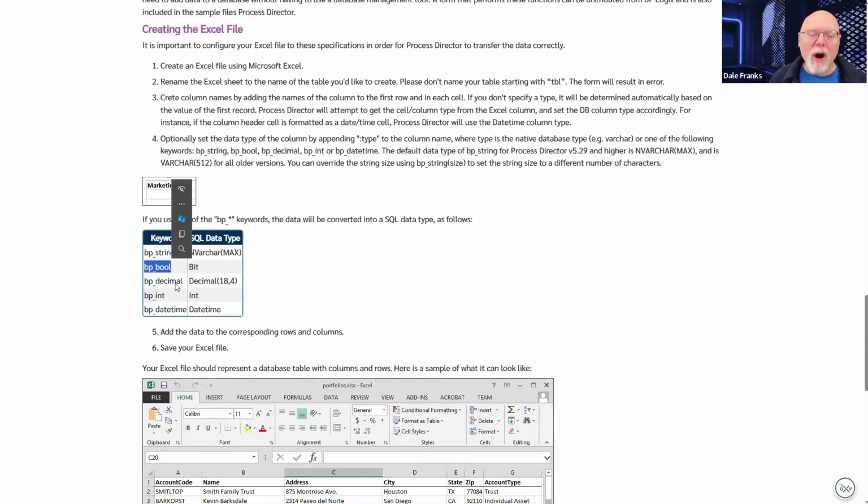So if you don't know what the data types are in SQL Server, you don't need to. You can just use these keywords in your Excel spreadsheet to specify the data types. All you have to do is just put in the name of the column, a colon, and then the data type that you want.